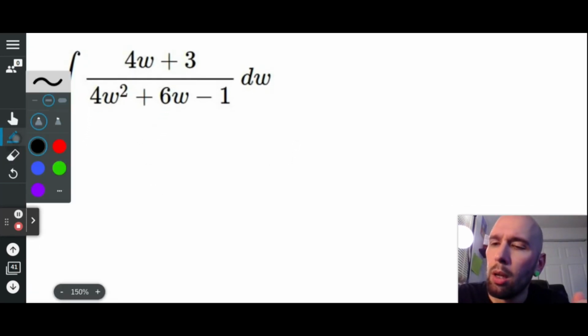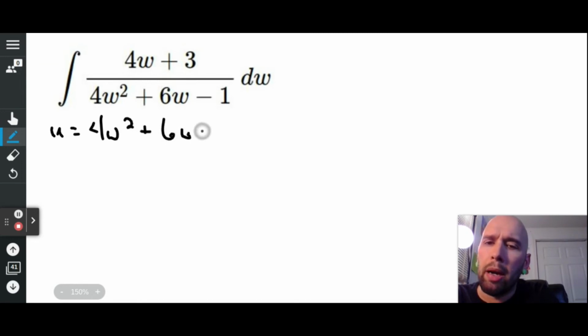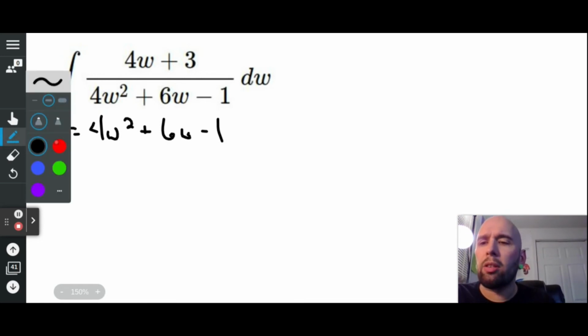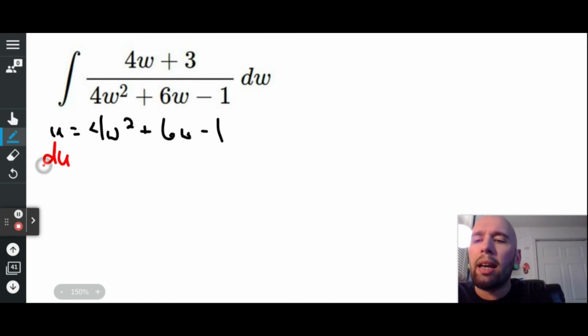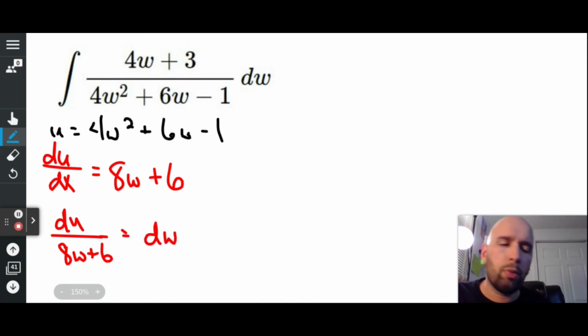All right. Let's let u equal 4w squared plus 6w minus 1. The derivative of that u, du dx, is going to be 8w plus 6. So du over 8w plus 6 is going to be my dw,